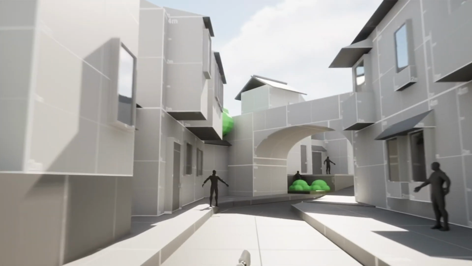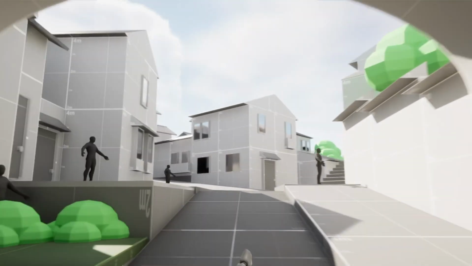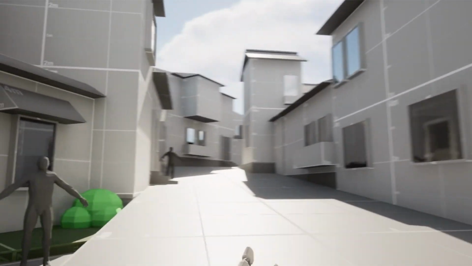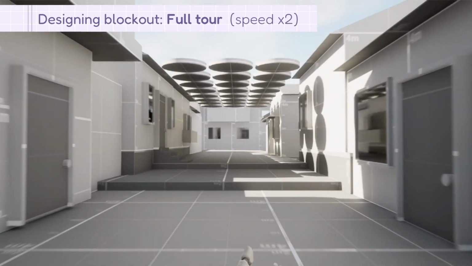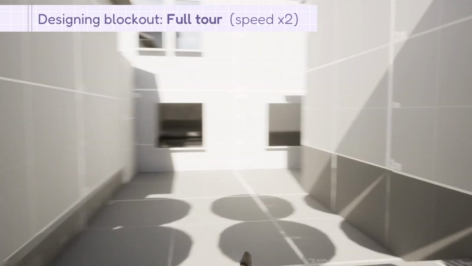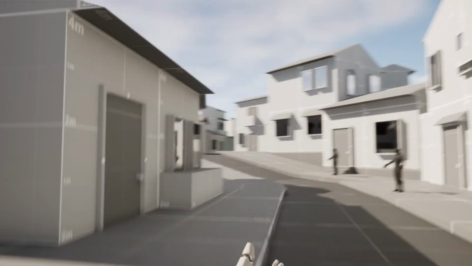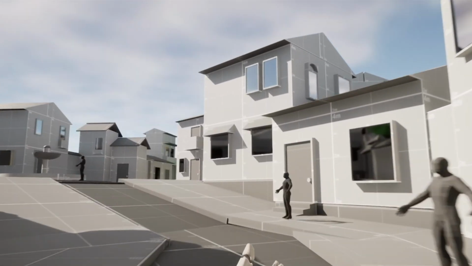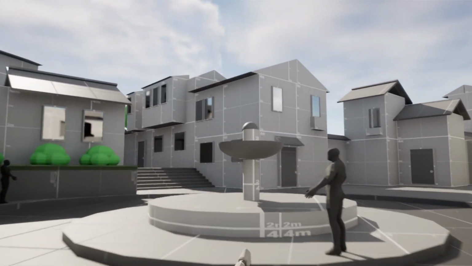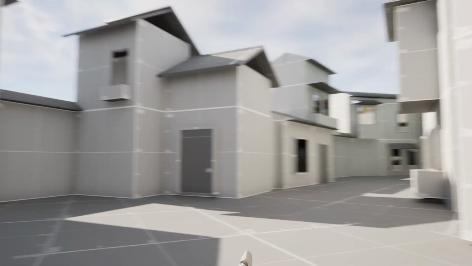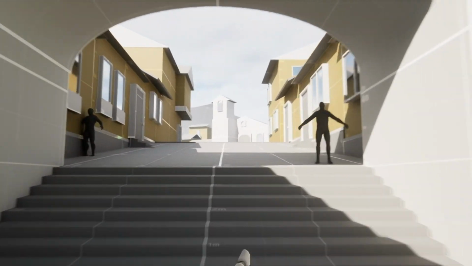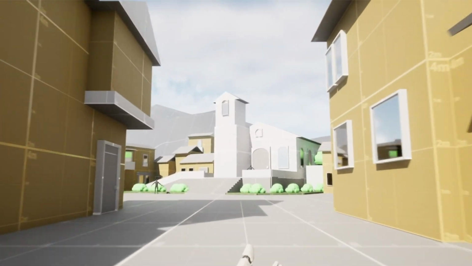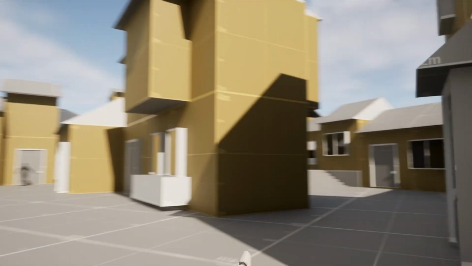A couple of weeks later, I got back to work on my environment with a clearer mind, and everything flowed naturally this time. Of course, there were areas where I had to work a little more, but in the end, the final result exceeded my expectations. And according to the feedback from the community of the course, the composition was harmonious and my